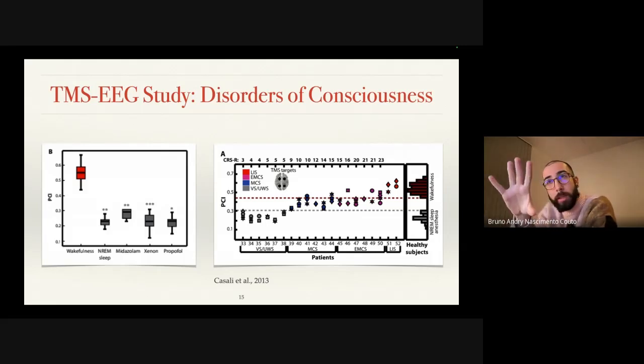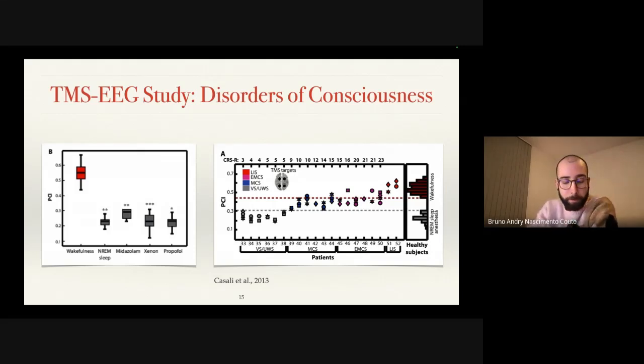But in essence, what it is capturing is how complex the response is. So how much does it change across regions? Is it the same across the entire brain? What is happening in communication terms? How does it change? And more importantly, and I think here is where things get very interesting in this case,